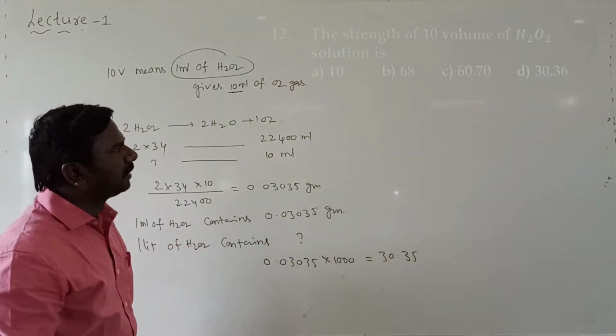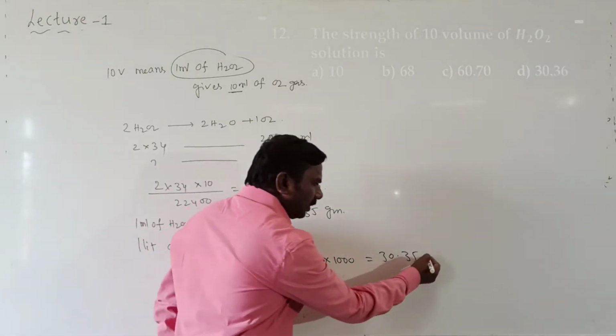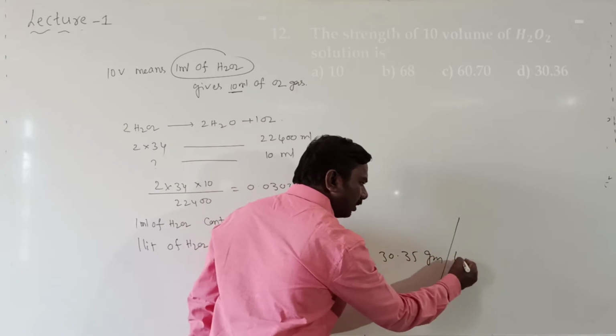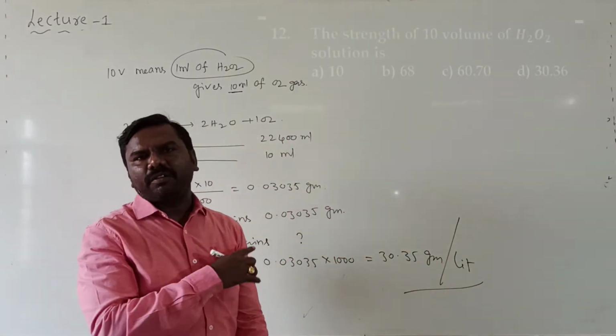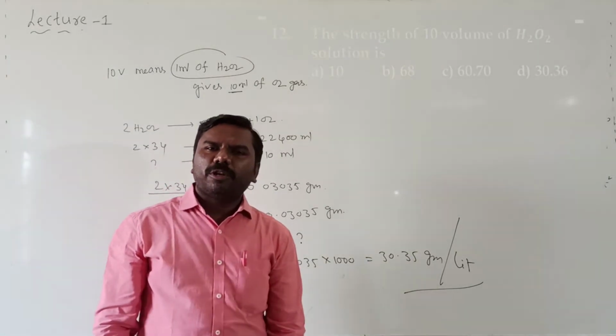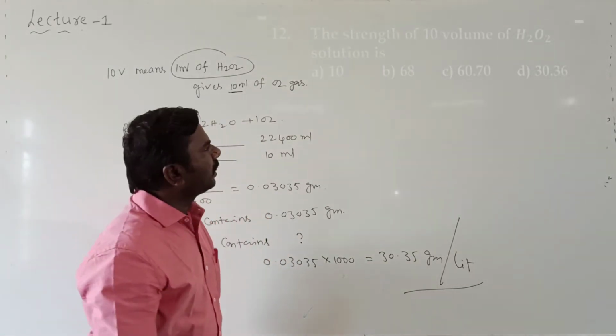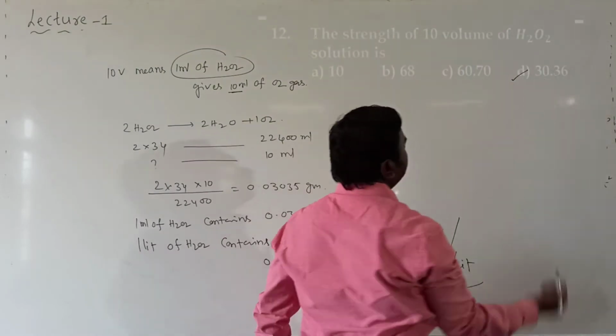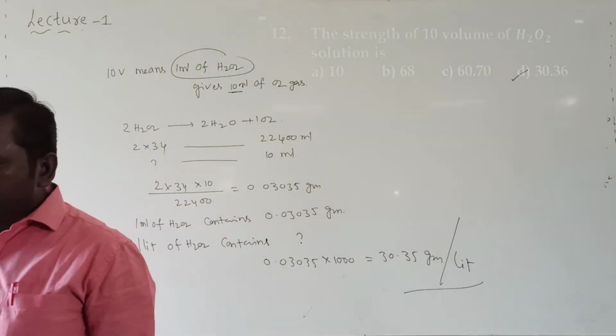Clear, all of you? It means grams per liter. This indicates the strength of hydrogen peroxide. No need to calculate, better you remember that topic. It's very important. Answer will be this one, D. Next,